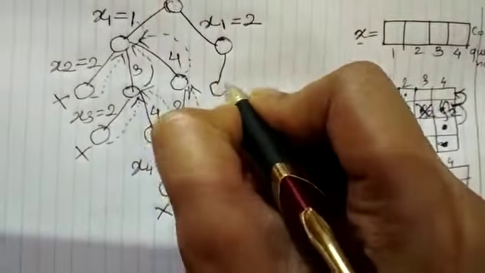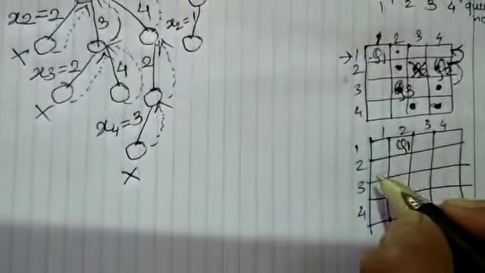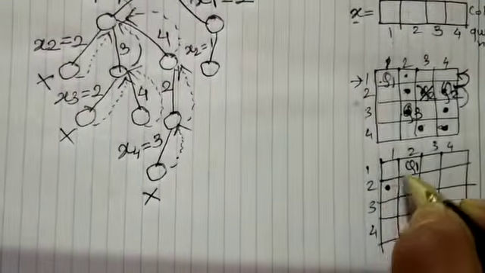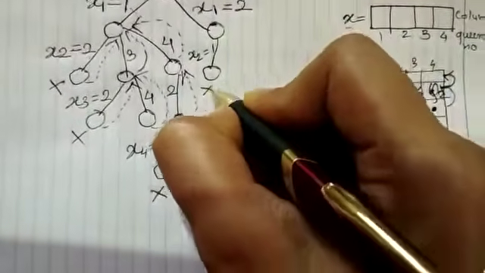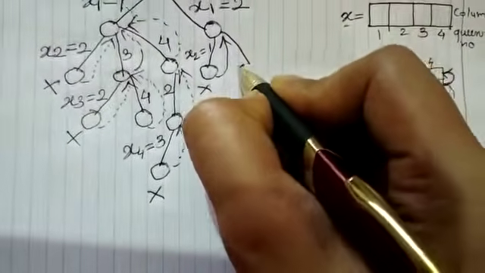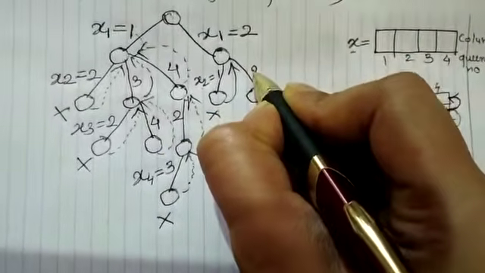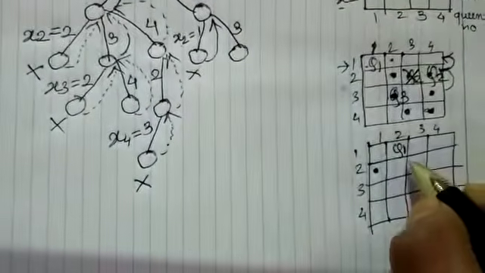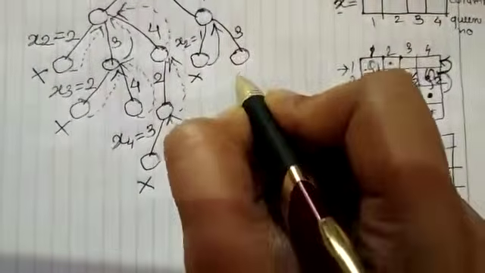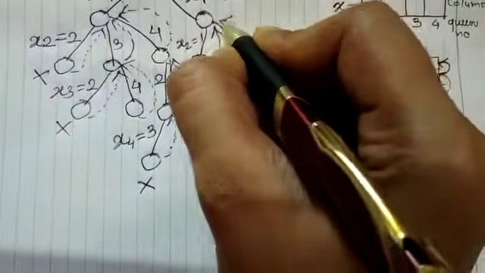So let's try all the options. First try x2 equals column 1, that is at this particular position. If I place q2 over here, it will be under attack and this is not a right solution, so backtrack to the previous. Next will be another node where I am putting x2 equals 3, that is I am trying for this position. Here also the same problem, under attack. So no need to go further, backtrack.